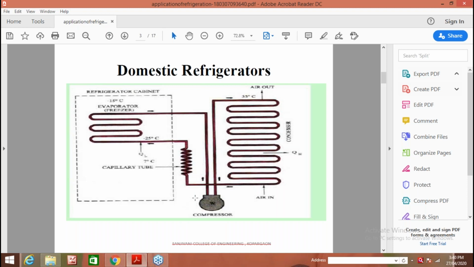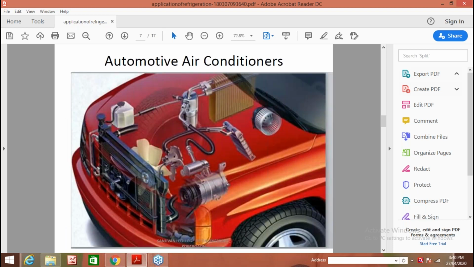Okay, the compressor and electric motor are kept in one single sealed unit. So it gives us noiseless operation as well as easy cooling of this electric motor. Understood? So very simple. In the exam, a question like write a note on the domestic refrigerator may come for 5 to 6 marks. So very simple, because all of you know the working of the simple vapor compression cycle as well as the working of the domestic refrigerator, because everyone must have seen a domestic refrigerator. Clear? After that we will see the water cooler.